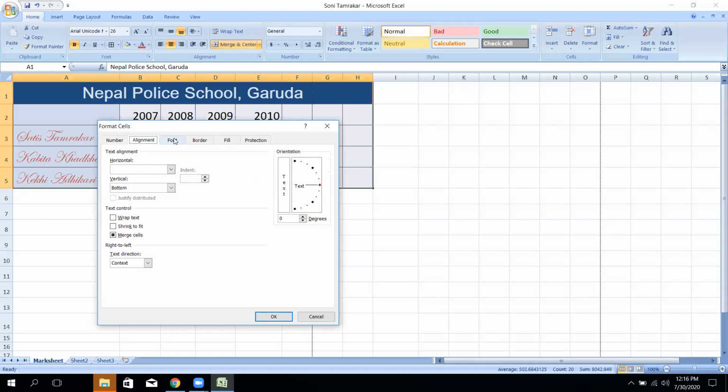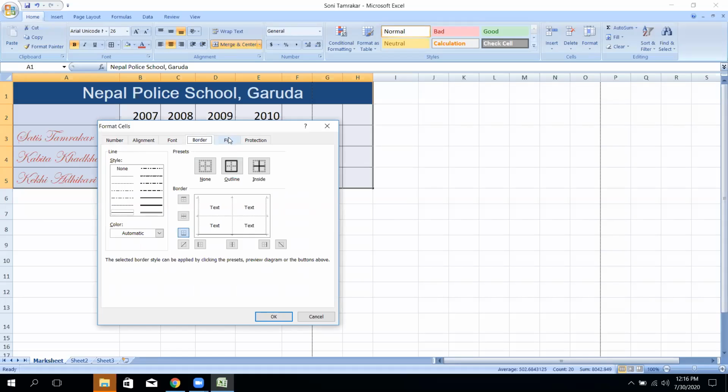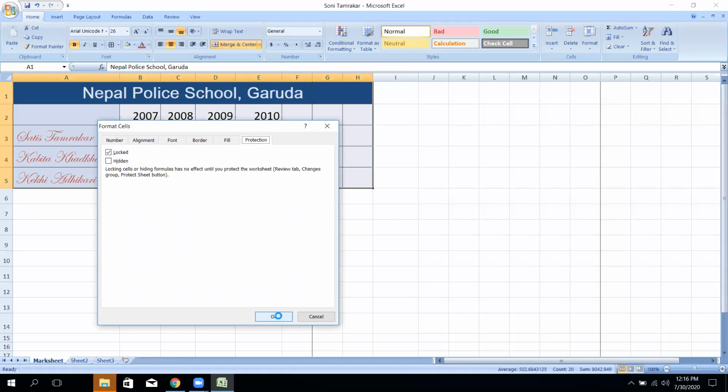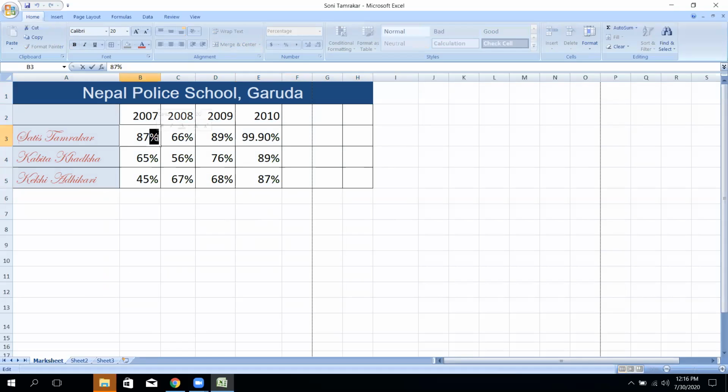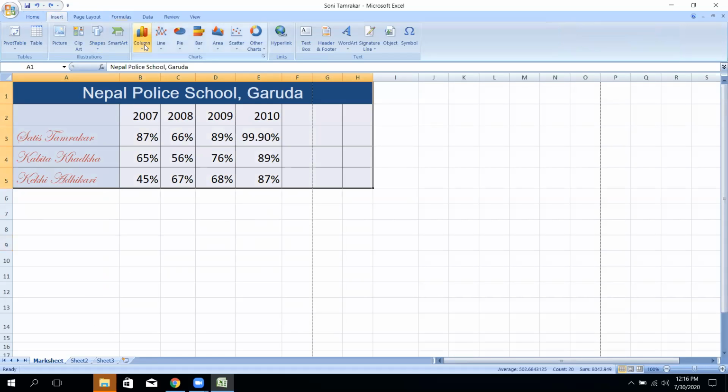Alignment, left section, right section, everything, border, fill, no fill, every type of thing. Okay, without wasting our time, this concept is not accepted by the computer, so you had better change it. Okay, Control Z. By clicking, it has been added here.